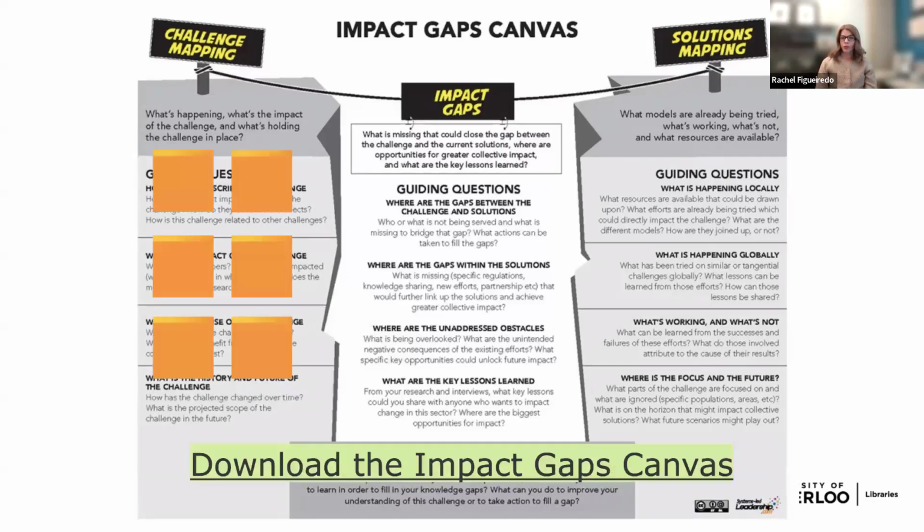While you were writing all of your notes about where you go to organize your research, this is the piece where I want to connect the Impact Gaps Canvas to the places that you're already using or the tools that you already have in place. There are lots of different ways that you could engage in this kind of work and keep track of your progress throughout. Some people, if they like to work physically with sticky notes, you could just print this out and then write your notes and have sticky notes on there to keep track of your progress. I'm going to do a little version of that through the slides today.